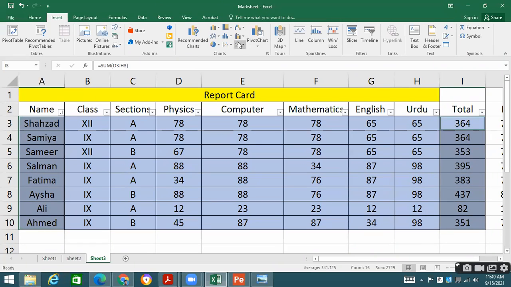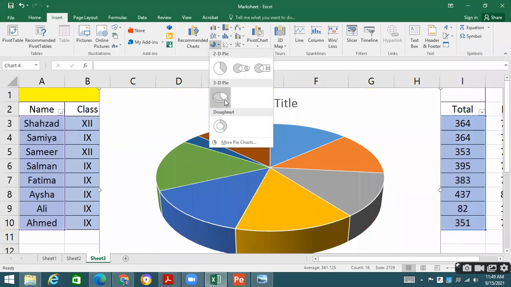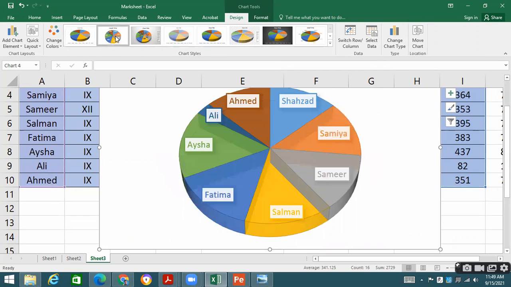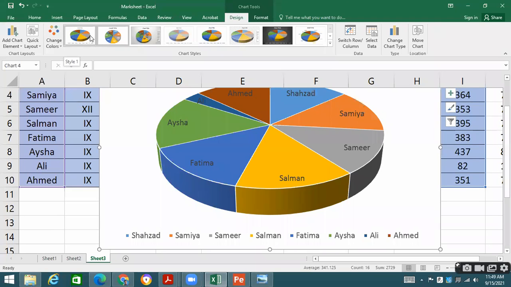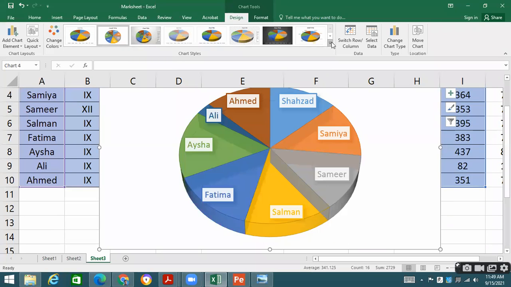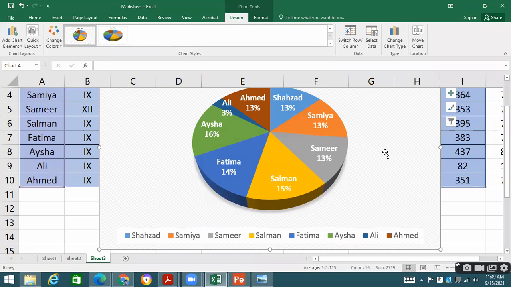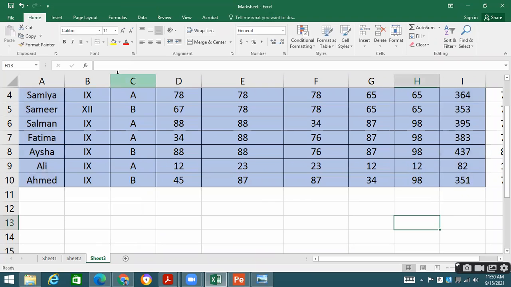Similarly, if you go to see the pie chart, you'll be able to know that a pie chart can also be developed, and the pie chart is also showing you the progress. You can see over here there are different colors and designs available. You can even write the names inside, where you'll have a better picture of the name of the student and how many marks he has got. Some pictures are displaying the percentage with them. So Ali has got 3% overall, if you are making an overall ratio. In such particular situations, we develop a pie chart.